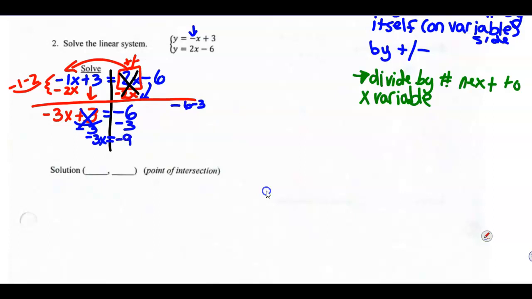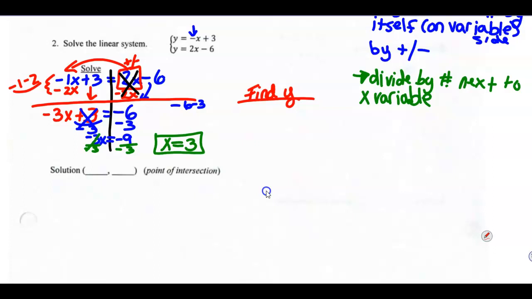From here, my last step is to divide. So instead of negative 3 times x, I'm going to divide it by 3, and it will cancel. And so I have to divide this side also by 3. And I get x equals negative 9 divided by negative 3 is actually a positive 3. Again, make sure to use the calculator. And so the last part, to plug in to find my y. So finding y,